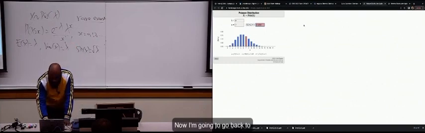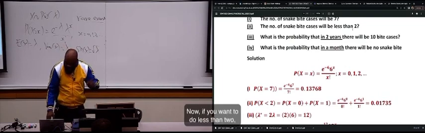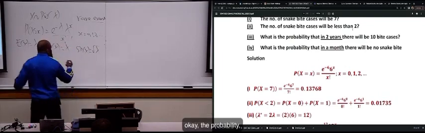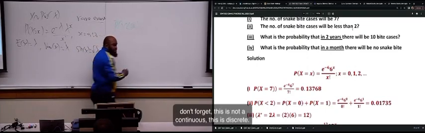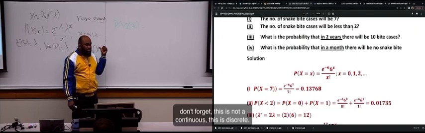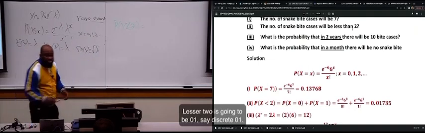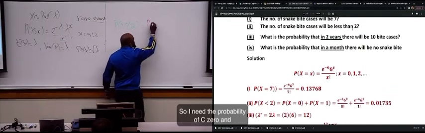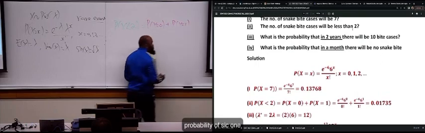Okay, now I'm going to go back to the question again. Less than 2. Now, if you want to do less than 2, the probability of x less than 2, don't forget, this is not continuous. This is discrete. Less than 2 is going to be 0, 1. Does that make sense? Discrete, 0, 1. So I need the probability of x equal to 0 and the probability of x equal to 1,